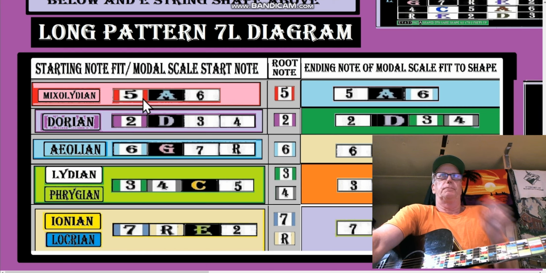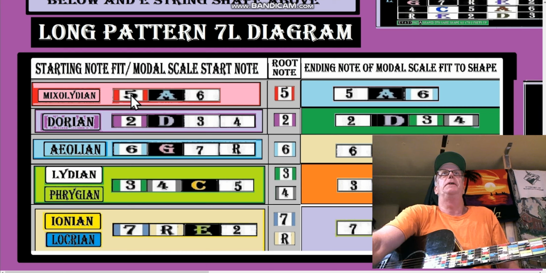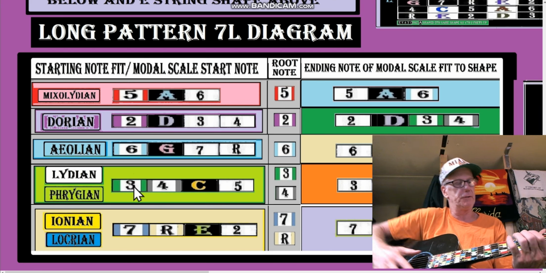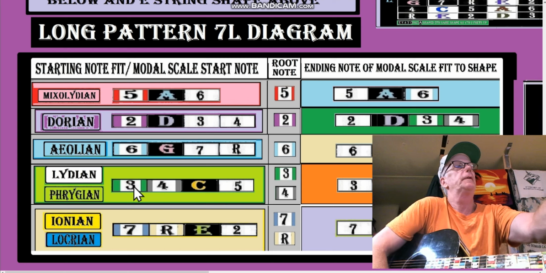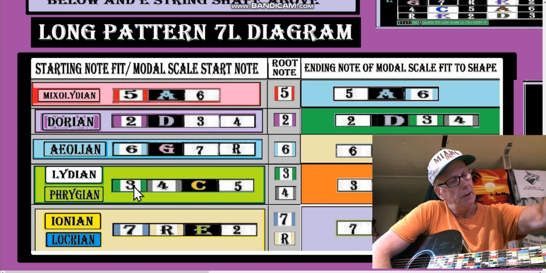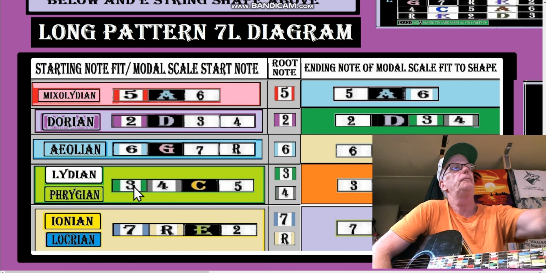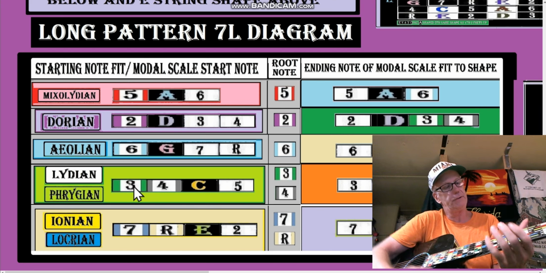So let's look at a scale here. If we're going to start a Mixolydian, all I'm saying is that in this particular case, Mixolydian's on the top. That might not be good. So let's look at Phrygian, because we can go right up this little diagram with a Phrygian. So here's a Phrygian third. Okay, it's going to be pretty much the lowest. Okay, so that would be like